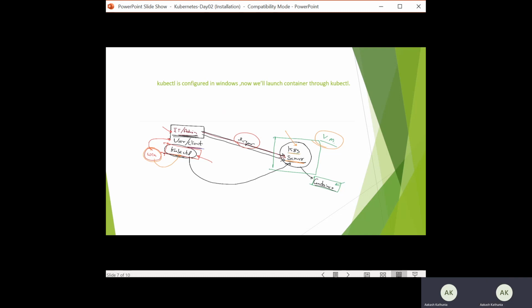So this is the diagram which shows how the requests are coming from Windows to kubectl, and from kubectl, the IT administrator who is managing the Kubernetes server. So the request is going to the Kubernetes server, which is present inside the virtual machine, and then starting